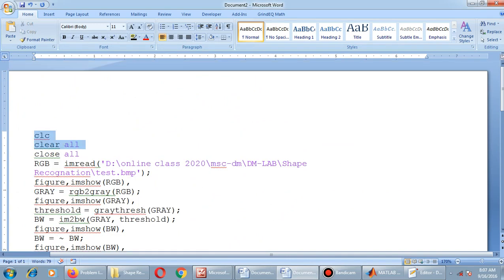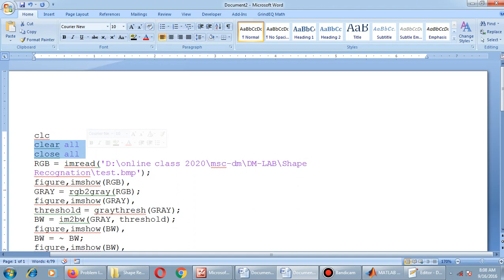We have the three common lines we usually use in MATLAB. clc is for clearing the previous commands, and clear all and close all are used to clear all the values in memory. We should be careful not to use clear all and close all for all programs. If we have a program with multiple functions in separate MATLAB scripts, a value from one program may be used in another program.